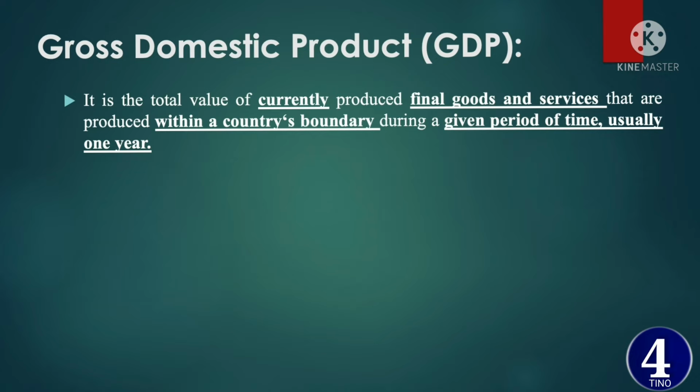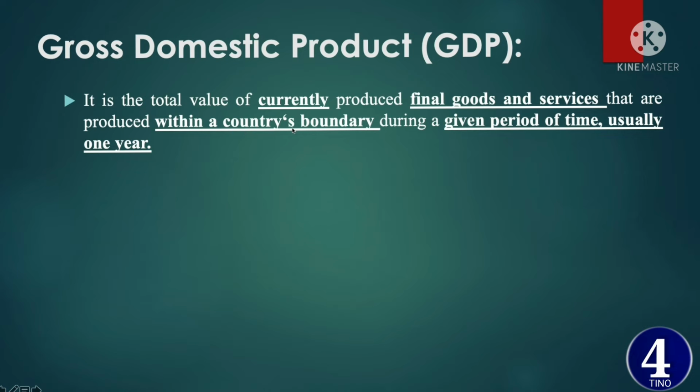We don't have to count tires. If you count tires, and also if you count cars, it means that tires are counted twice in the country. Once in the tire counting, and second in the counting of a car. When we say a car, it means that it contains tires, right? So we have to count the final product, which is a car, not the tires and other spare parts of the car. And in GDP, we consider